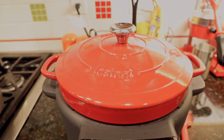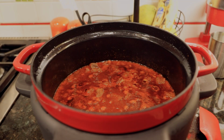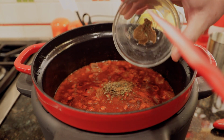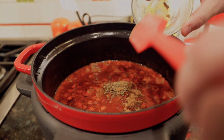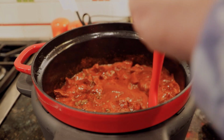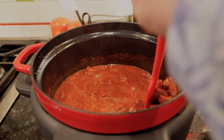and we'll check back in about an hour and do another spice dump. Alright, so it's been an hour, and we're going to stir in our second spice dump here. That's the cumin and the little bit of oregano. Give it a nice stir,